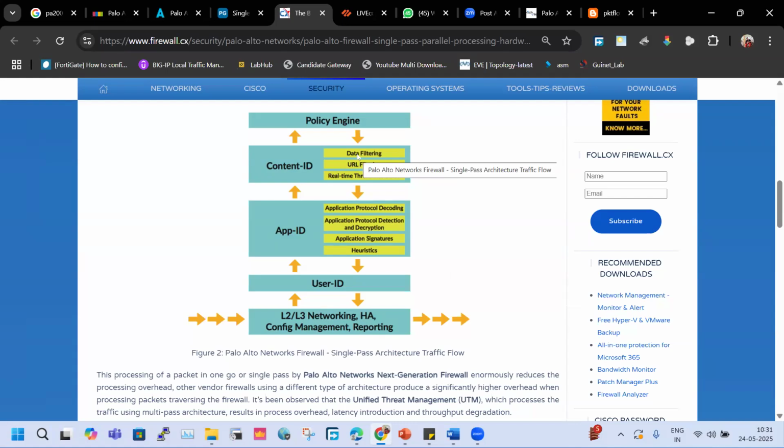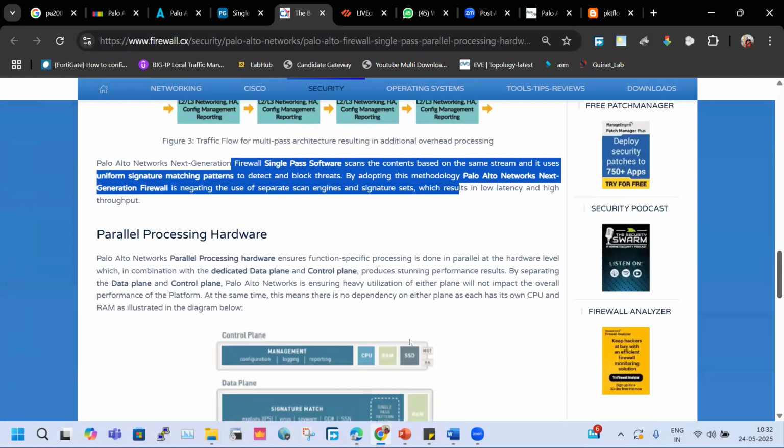Because in that scenario, communication will happen with the help of IPs only, not user-based. But there is a step available in its processing. It will at least check in which direction the traffic is flowing, from in to out. If it is having a user, then it will try to identify the user based on the directory you have created in your AD server. So we will move forward.